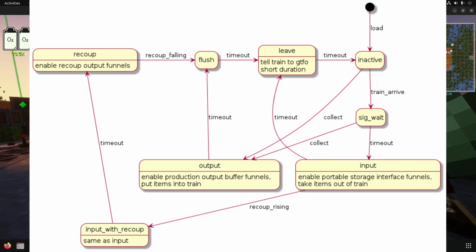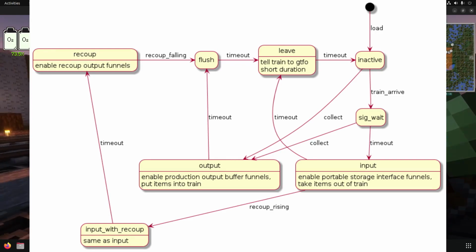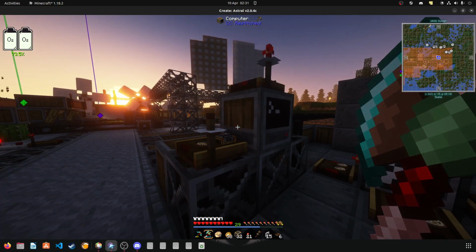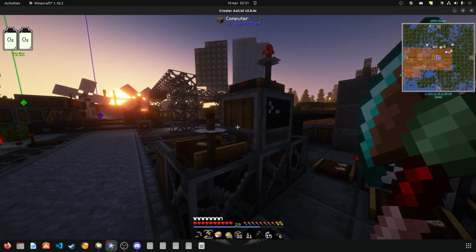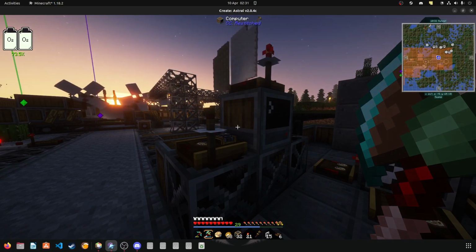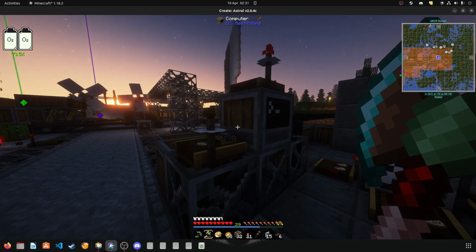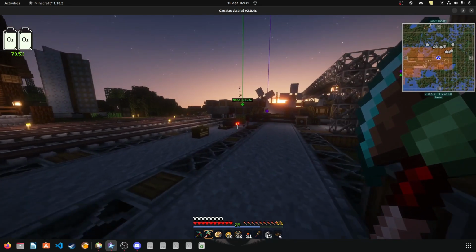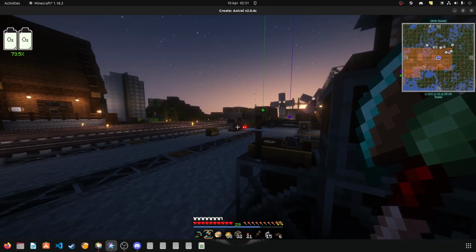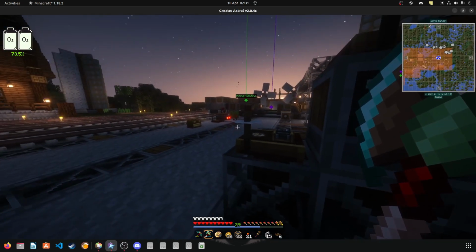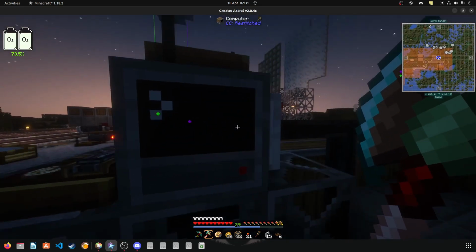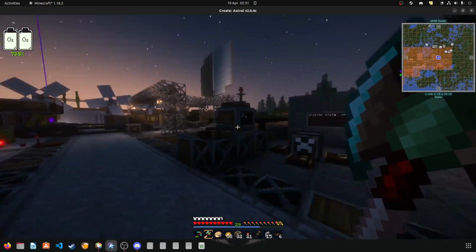I had to add some more states for handling redstone IO. One of the main eureka moments that I had was to use a leave state instead of an active state to tell the train to get out. What I was thinking of doing before was to make it so that when it transitions into the inactive state, it tells the train to get out. But the problem with that is that if you load into the inactive state because you unloaded the computer, you unload the chunks,